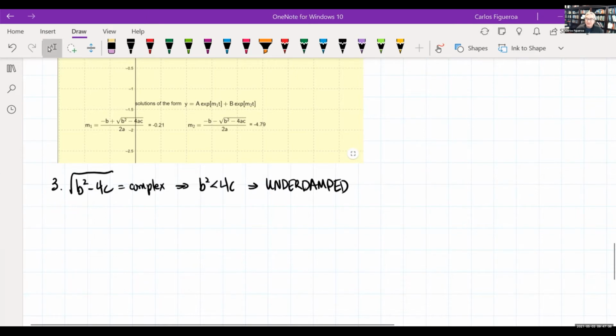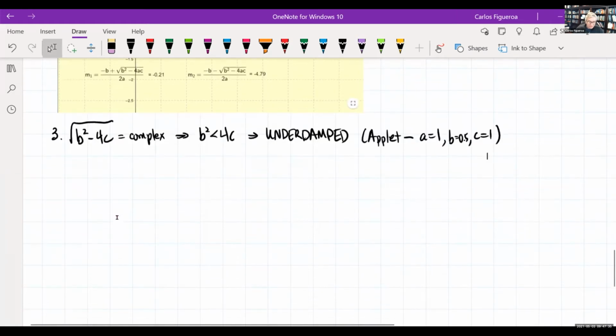So what you're going to see in this scenario is that I just need to make B smaller than 4. I could pick any number. So if I go to the applet again, I'm setting, again, A equal to 1. I'm keeping C equal to 1. And then I'm just going to make this some value less than that, to make sure that it's less. So if I go do that share,